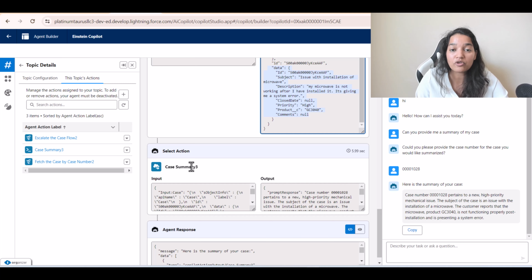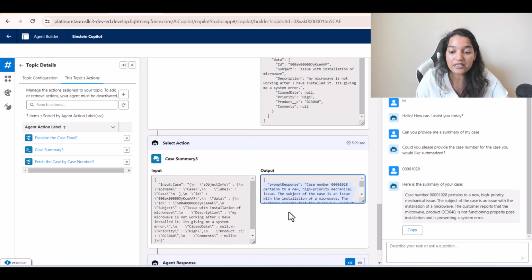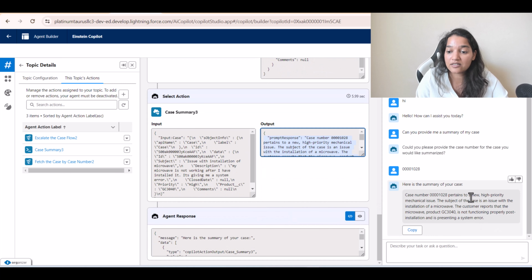This is nothing but your prompt template. If you remember here, the summary, and based on that, it gave you a summary of the record. Case number, this pertains to a new high priority mechanical issue. Object of the case is issue with installation of a microwave. Customer reports that the microwave product G3 is not functioning properly. So all of this, it is giving you the answer over here. So what we did was we created our own custom actions. We configured those actions under our agent, and now the agent is able to use those custom actions and provide you